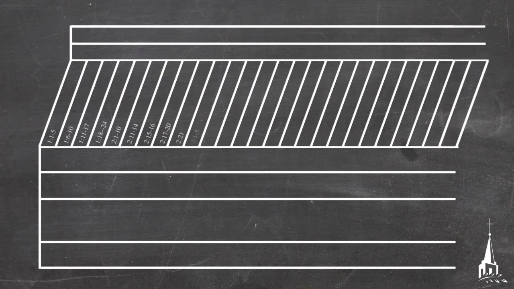Then chapter 3, 1 through 5, 3:6 through 9, 3:10 through 14, 3:15 through 18, 3:19 through 22, 3:23 to 29, 4:1 through 7, 4:8 through 11, 4:12